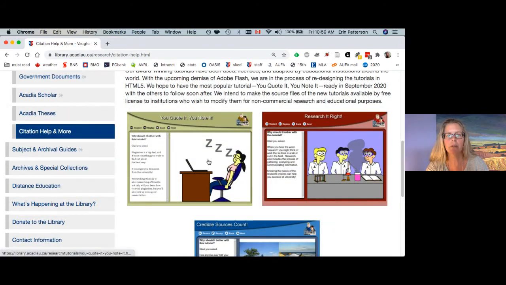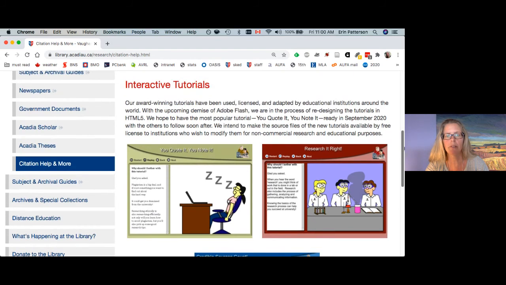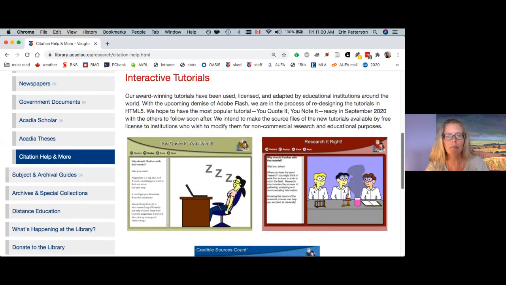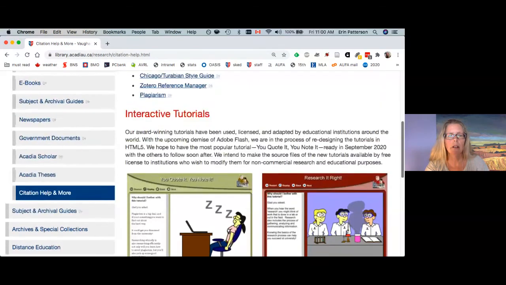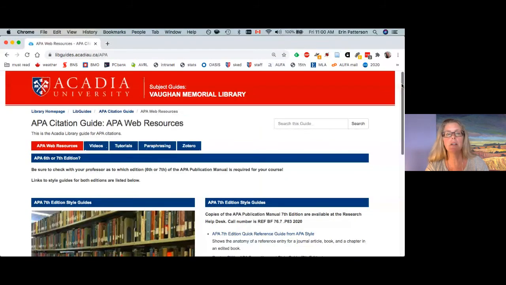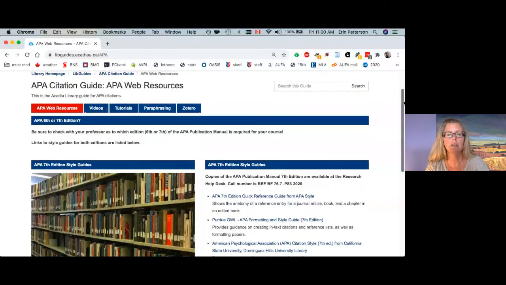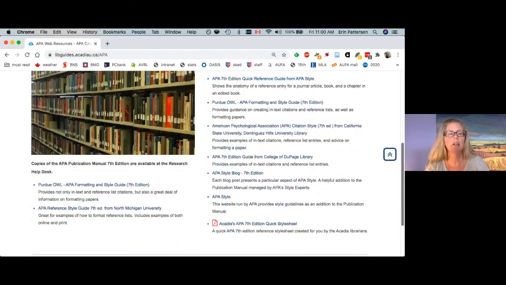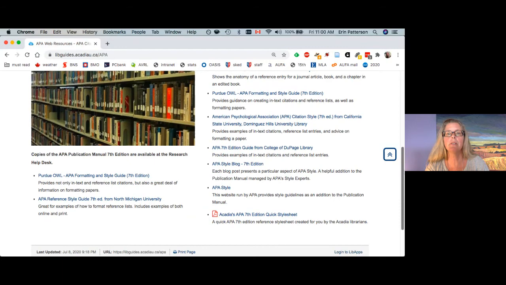Here's the old Flash one, but the tutorial I was talking about that's under development will be here. The old one is still there and still working, and there's a couple more. If we go to APA, it's a whole guide on APA. It's got examples. It's also got a tab on how to use Zotero that I talked about, so you can learn about it there. It also links out to some other sources, and one of the best ones, and your professors will recommend